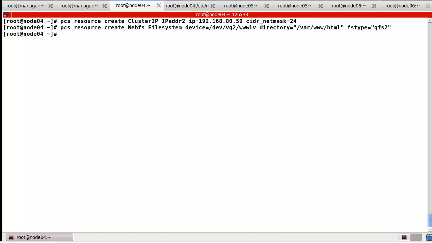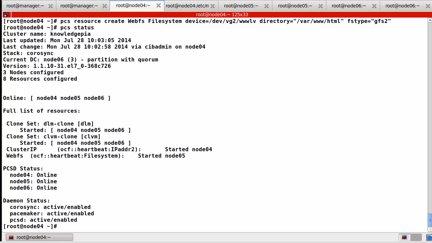Now I create the WebFS. So here, okay, now I created the two resources here, ClusterIP. So now this one started on node 4, and WebFS also now started on node 5.